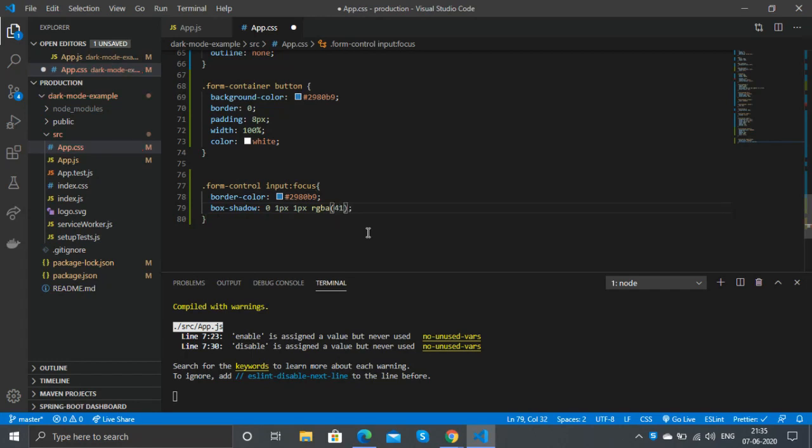The colors in this box shadow is actually the blue color in its RGBA values. We'll just make it slightly transparent. We'll give an alpha of 0.75.